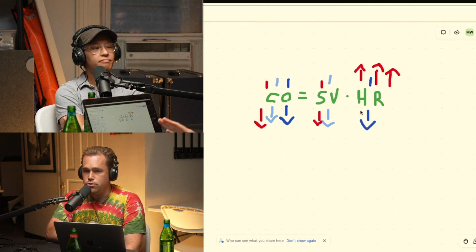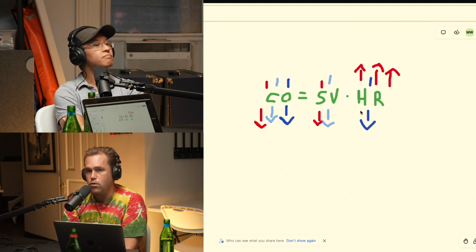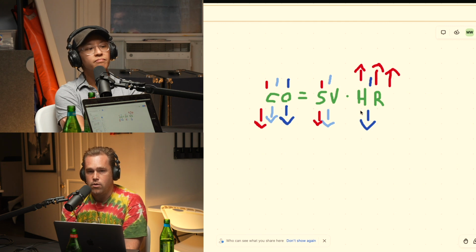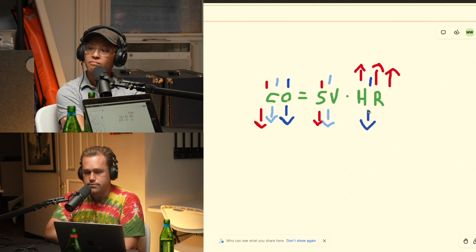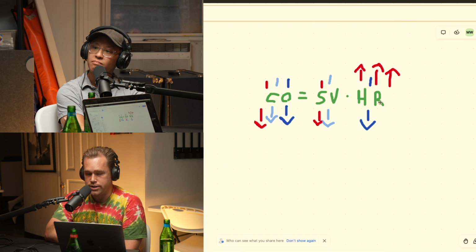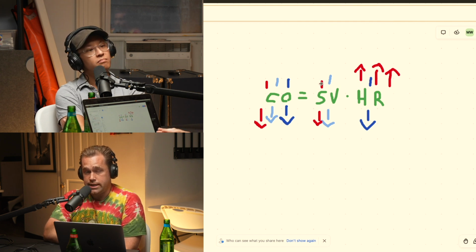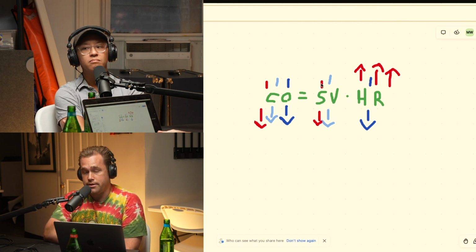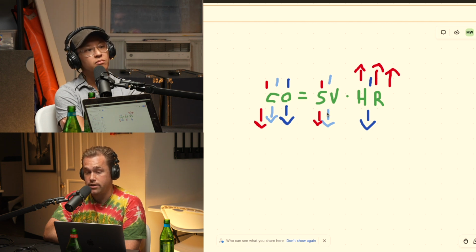We can also have a situation in which someone has a slow heart rate. Slow heart rates are usually due to cardiac dysrhythmia, like a heart block, or someone has an idioventricular rhythm or something like that. Just a slow, irregular heart rate. Kids tend to have low heart rates when they're hypoxic, but in adults, it's usually due to cardiac dysrhythmia. So if your heart rate drops, that's also going to drop cardiac output. But we do need to understand that cardiac dysrhythmias on the other end of the spectrum can be dangerous as well. If your heart rate is far too fast, that is also going to drop cardiac output, because that's going to significantly reduce stroke volume.